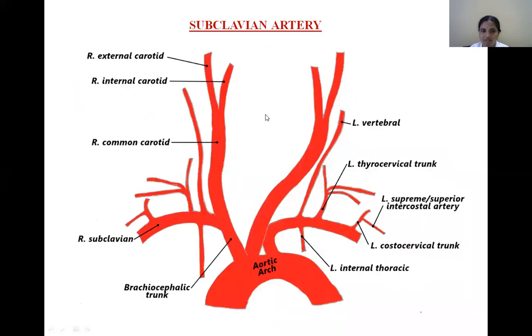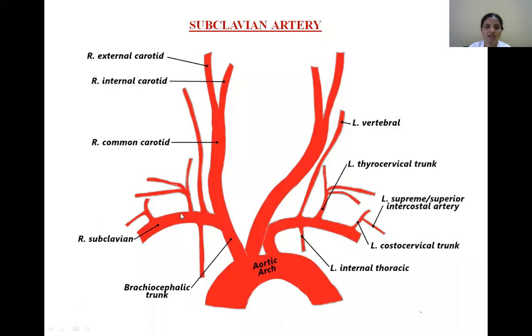Then what is the subclavian artery? Why should we know? The major blood supply is derived from the carotid system only. But the internal carotid artery and common carotid artery do not have any branches in the neck region. So to fulfill the nutrition supply to the head and neck, meaning face and neck particularly, some branches from the subclavian artery and the external carotid artery fulfill the nutritional needs of the neck region. So this is the right subclavian artery and this is the left subclavian artery. What are the branches?